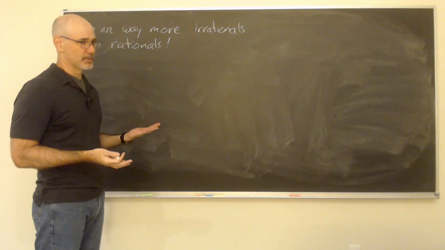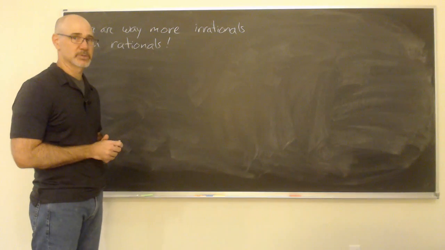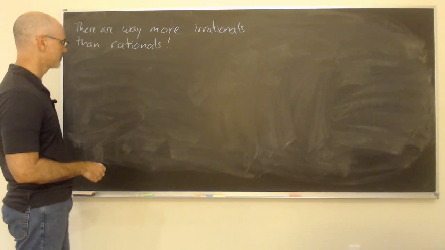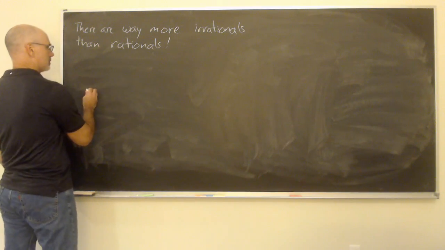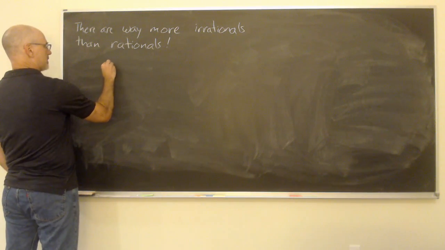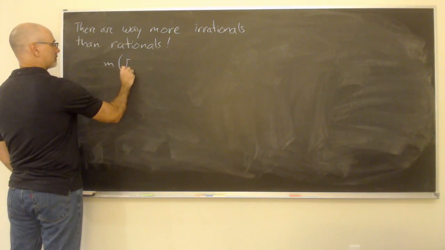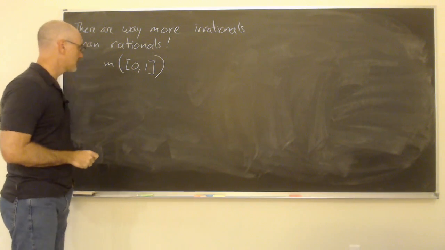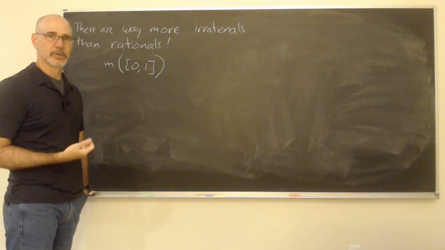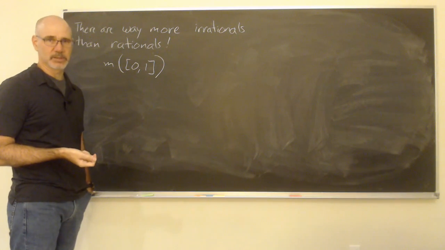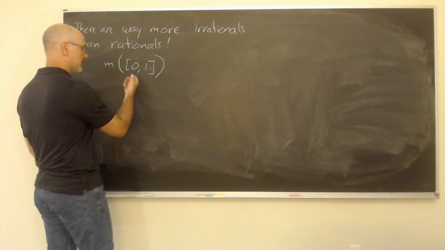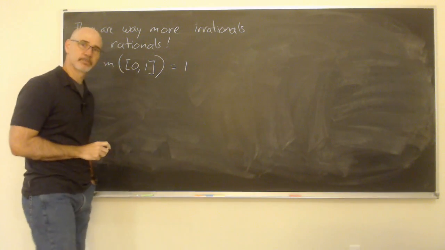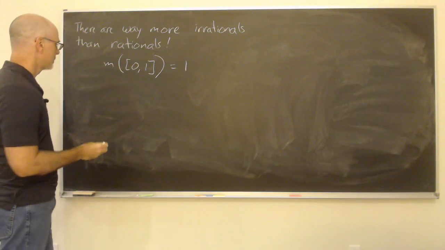Again, we're not proving these things, we're just seeing how it turns out. So first off, we know that the measure of the closed interval 0 to 1, when we say measure of an interval, what we mean is the length. And so the length of the real number interval 0 to 1 is just 1. And we also know that the